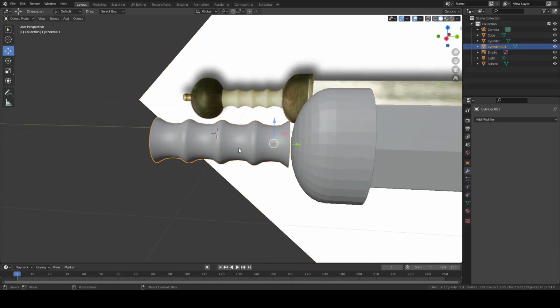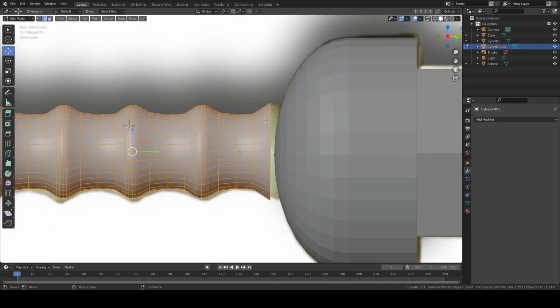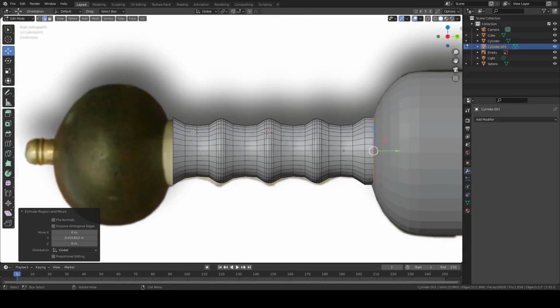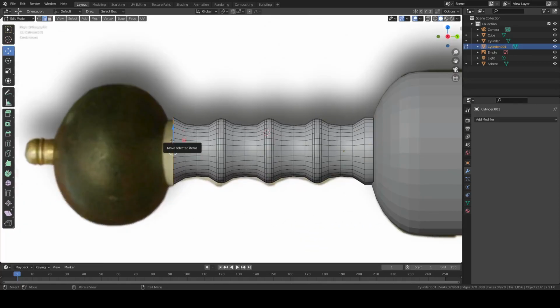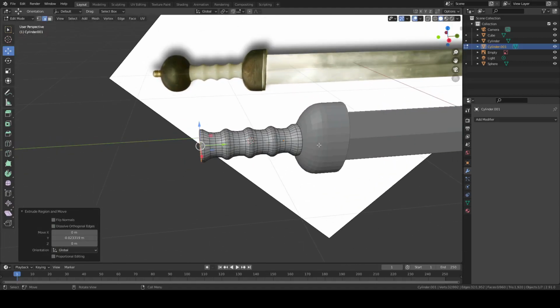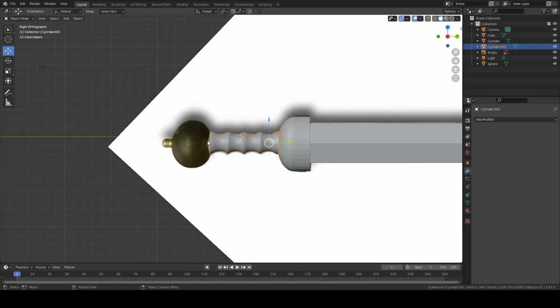So next thing I'm going to do is do those end pieces. So they're not too difficult. What they were is basically just extrusions of the end. I will be chamfering those and beveling those later on as well, just to make them fit just that tiny bit better. Oops, there we go. So moving on to the pummel now,